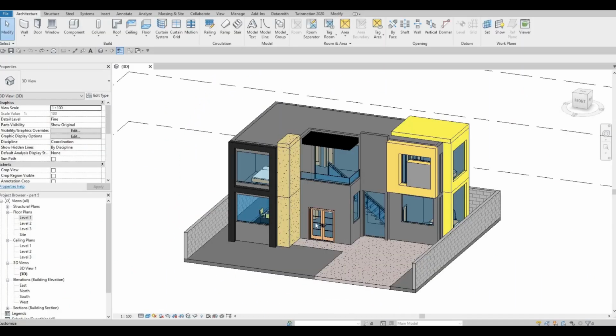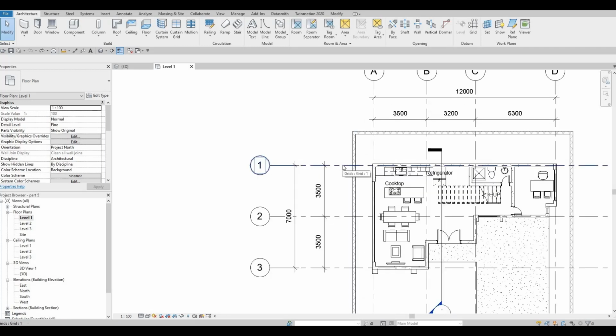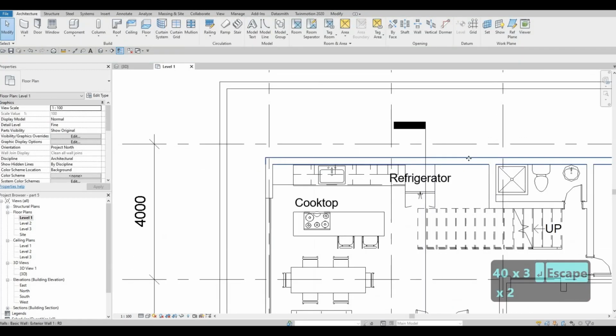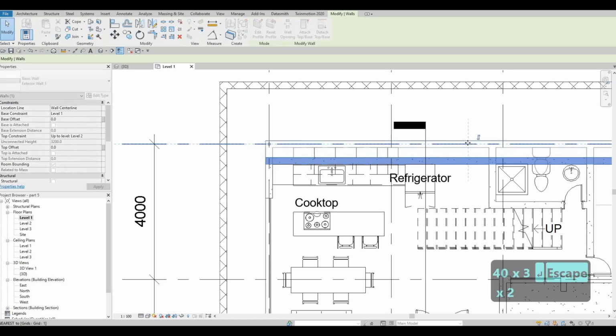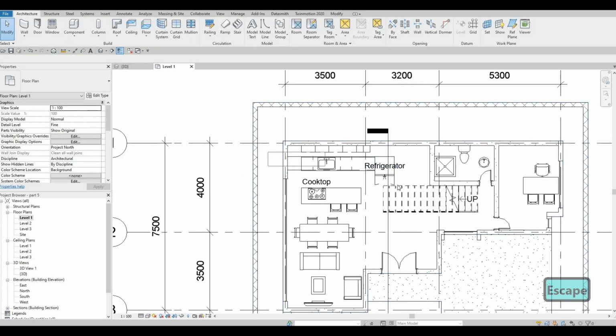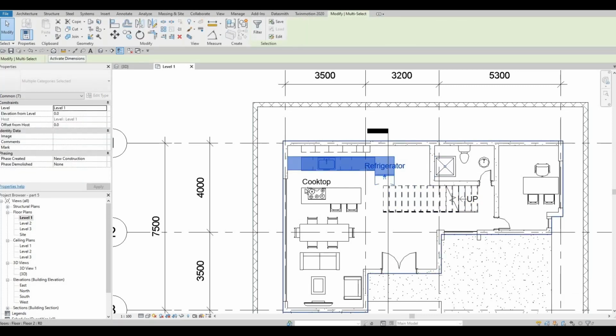So we're gonna start this video by changing some of the layout on this building. For example, let's go to level 1, and then here I'm going to select this grid line number 1 and change this to 4000. And then after that, I'm going to push this into the midpoint and just move everything along. The reason that I'm doing that is because I noticed that the spacing here is not good, especially for